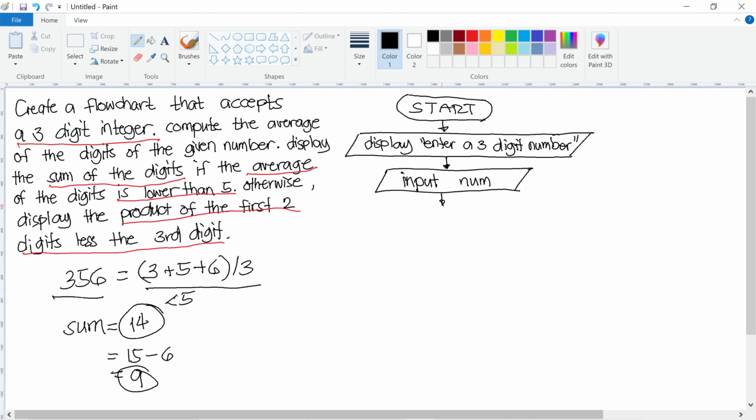We have first to extract the last digit, which is 6. To do that, we say last digit is equal to num modulo of 10. Take note that the modulo operator gets the remainder of a division operation. It takes out the remainder. So this operation, L is equal to num modulo of 10,